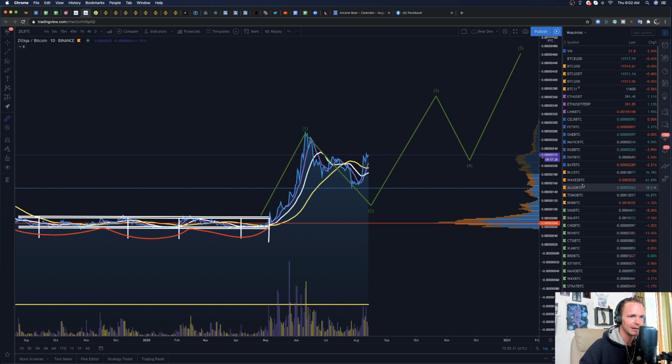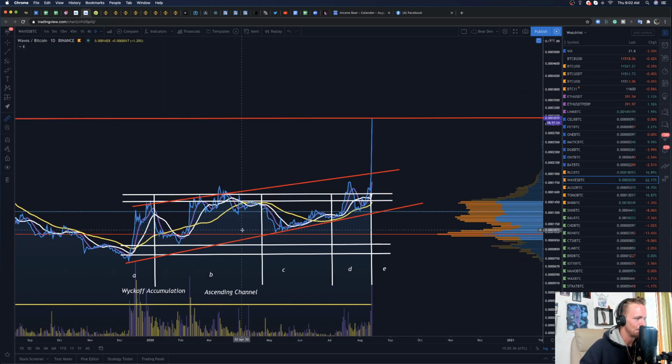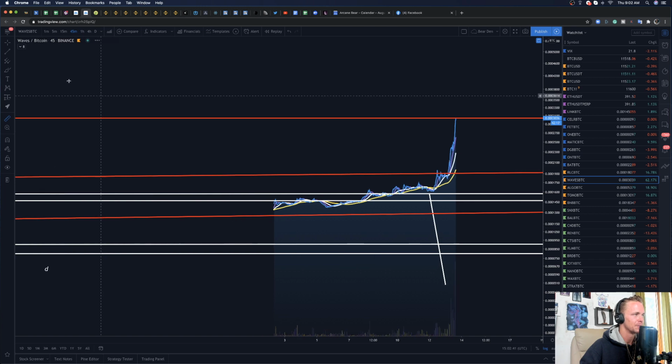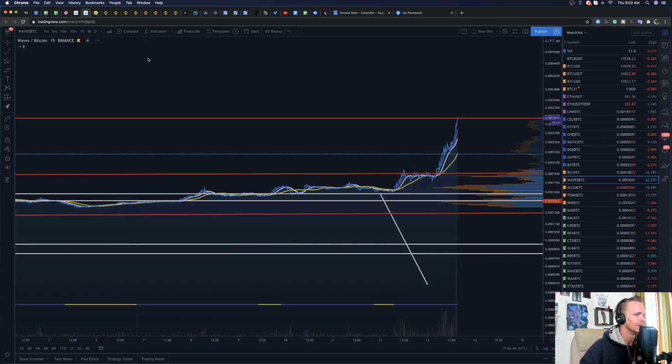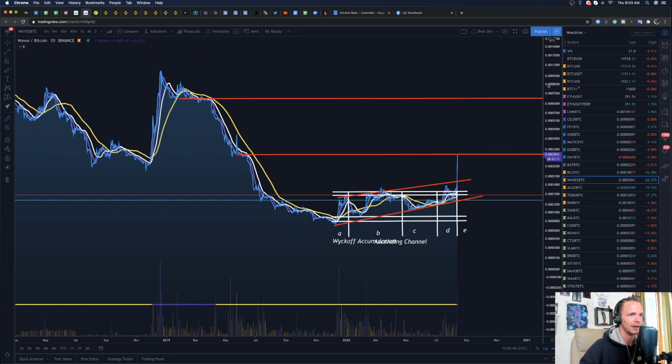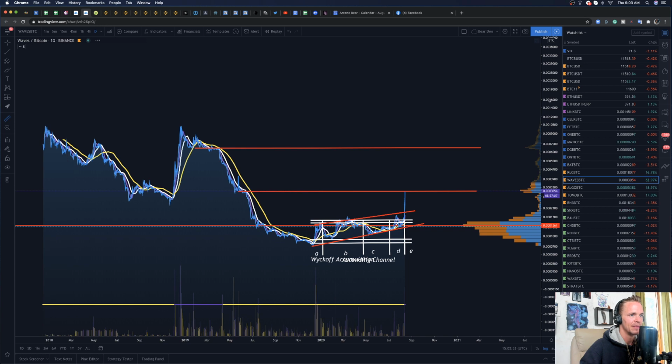Okay, so we look back, we look at what Waves is doing, right? We're like, okay, well, look, here's Waves inside of that year-long accumulation, and then the break, boom, first profit target hit. That's where I kind of exit part of my position and I de-risk my capital and I can move it into other areas. And then look at what we've got set up here. Okay, see this other red line? This is the next area of resistance. And then again, another one,